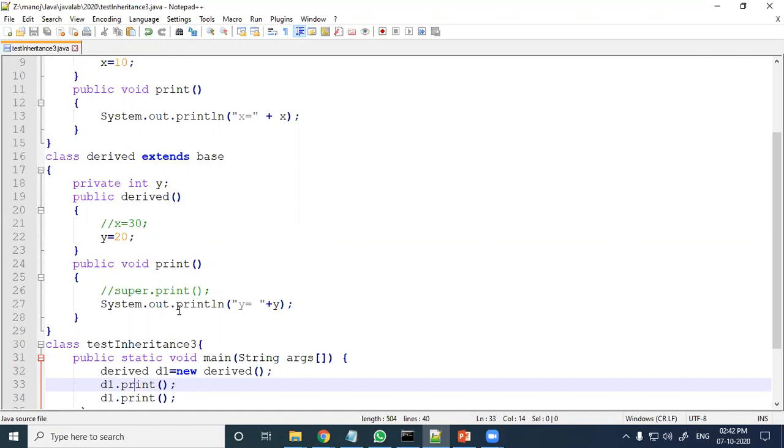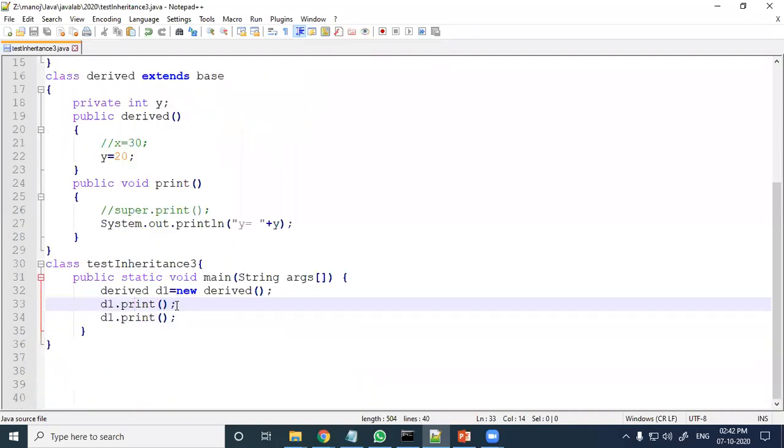There will be no problem. Remember, there will be no problem if the same function with the same signature is there in both the classes, but it will call its own.